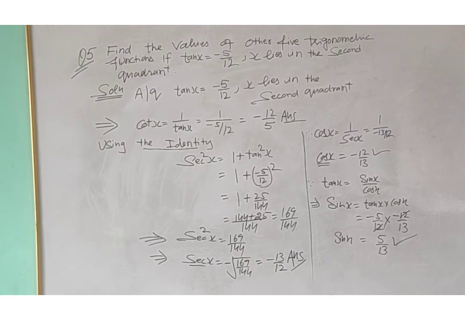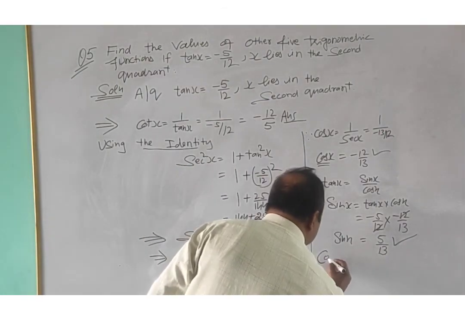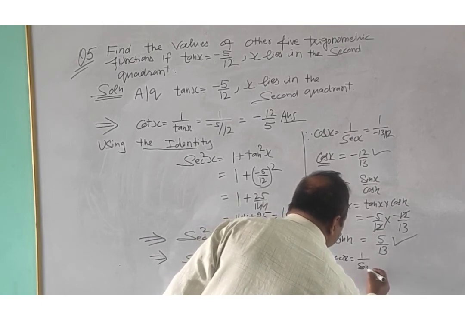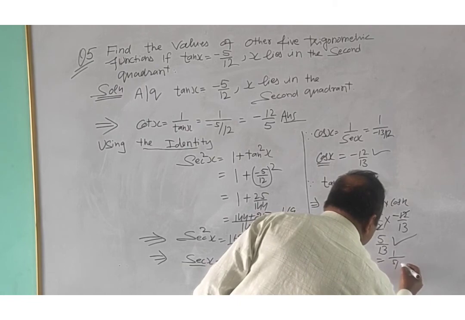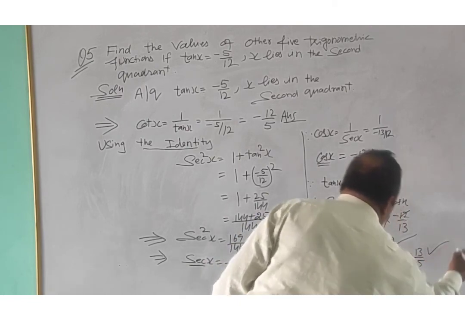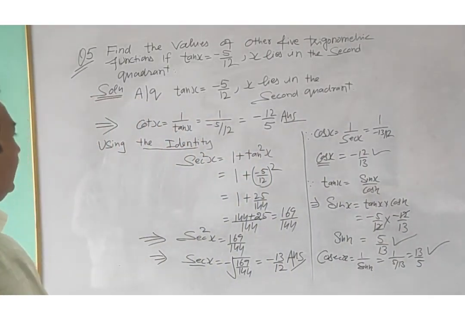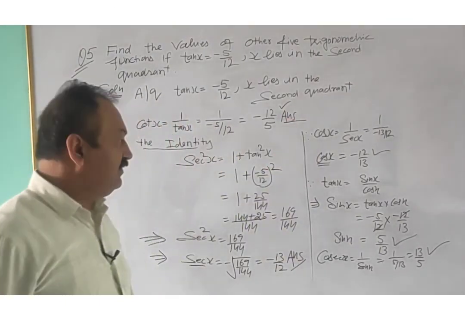And at last you can find the value of cosecant x by taking the reverse of sin x. Cosecant x is equal to 1 upon sin x is equal to 1 upon 5 by 13, that is equal to 13 upon 5. Answer. So therefore we have calculated the value of cot x, that is the first trigonometric function, value